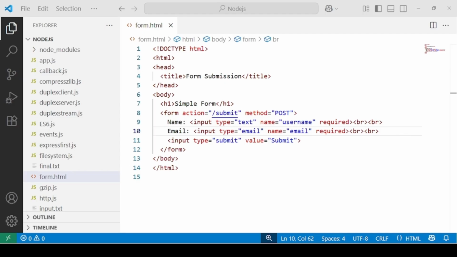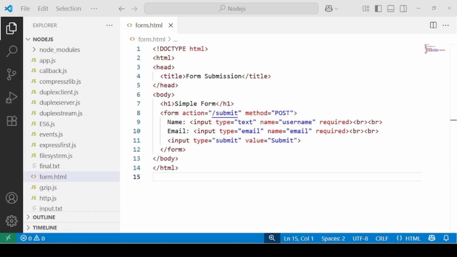So we already have built a basic HTML form. Now we are going to send the data to the server using either the GET method or POST method, and then print that data right on the browser. So no database, no complexity, just a simple practical demo. This is a real world task, whether you're building a login form, a feedback form, or even a registration form. This is how all form submissions begin behind the scenes in Express.